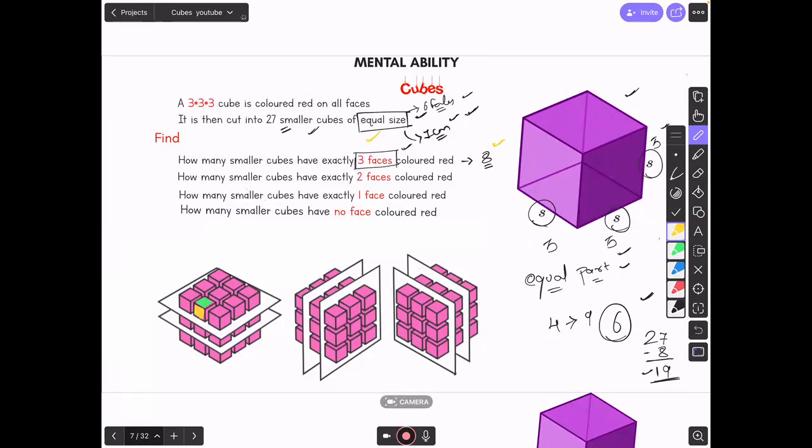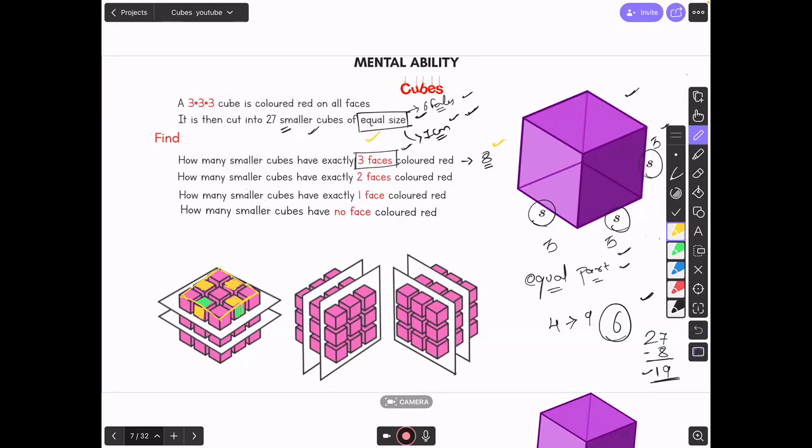This one. One face colored red and then the second face colored red. One I'm finding it here. Okay, one I'm finding it here. So can you tell me where am I finding them? I'm finding them on the boundaries, correct? Boundaries which are also called as edge. So check here. Every edge I'm finding it one. हर एक edge पर एक मिल रहा है तुम्हें.